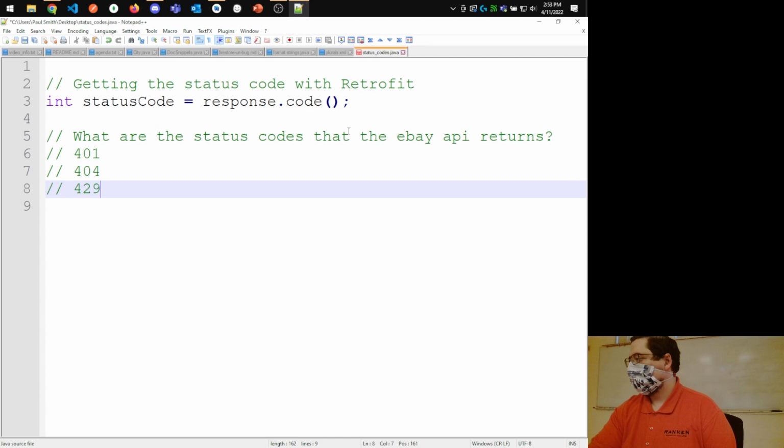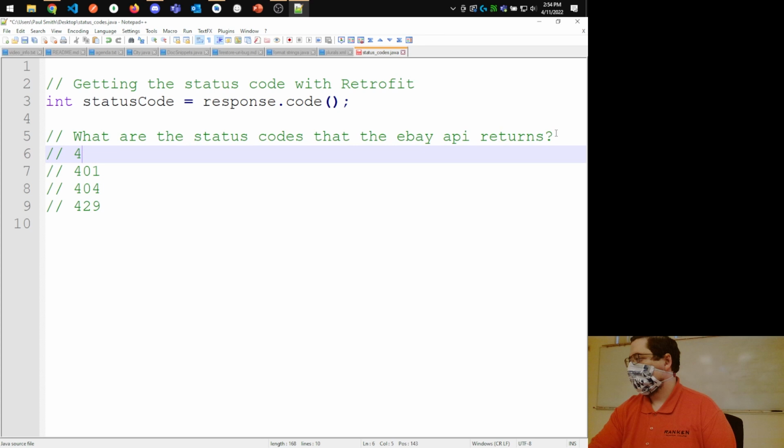What status code do I get back if I forget to tell it what to search for? If the user doesn't enter any keywords, what status code does it return? If they just leave the search field blank, for instance. Or your product doesn't have a name. 400. Okay. So I can get a 400, I can get a 401, I can get a 404,